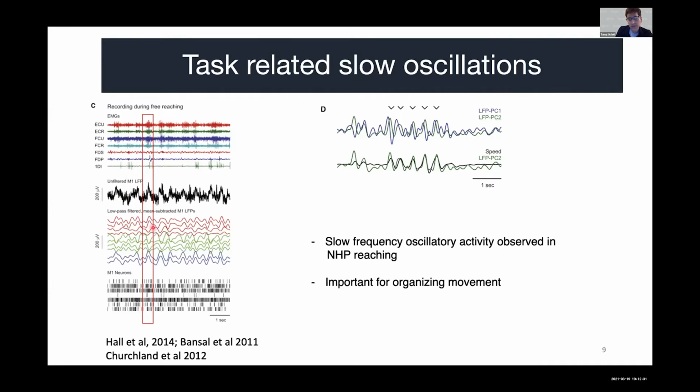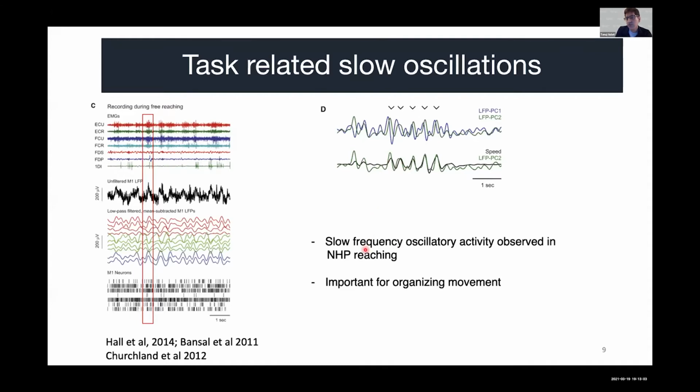In this study, during monkey reaching, when a lot of muscle activity is there, you see these low frequency potentials, these low frequency oscillations, less than 4 hertz, that are visible in the LFP, and it seems to also bind the motor cortical neurons. And over here, you can see that the same LFP has this low frequency oscillation every time a movement occurs, which is indicated by this downward arrow. And it tends to correlate with this bell-shaped velocity profile.